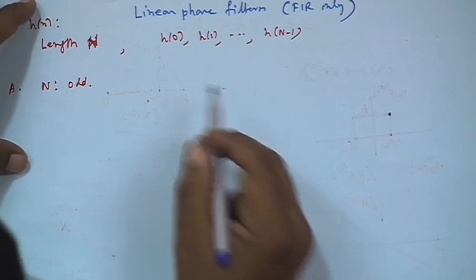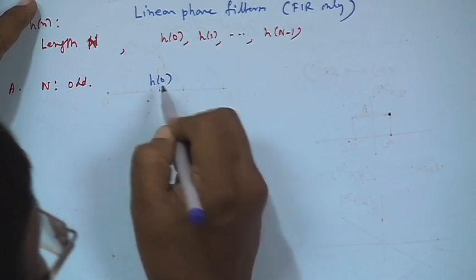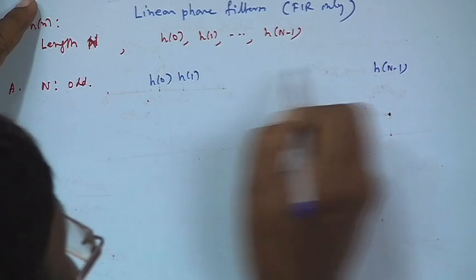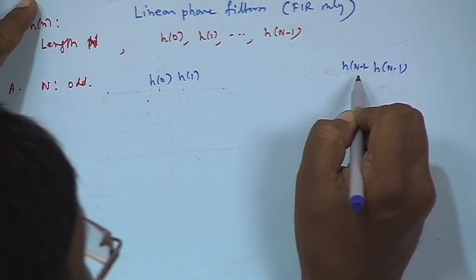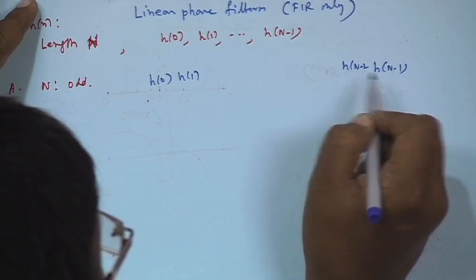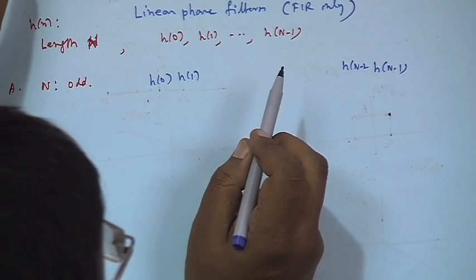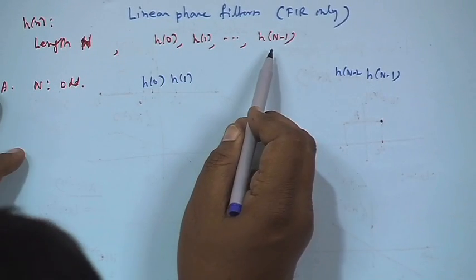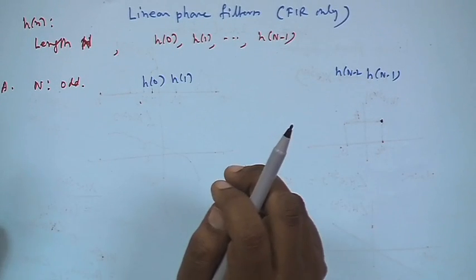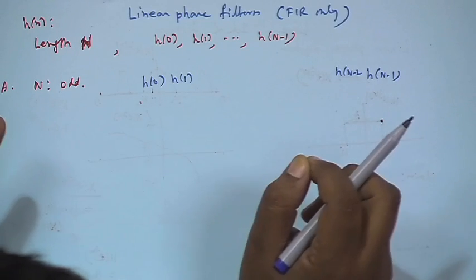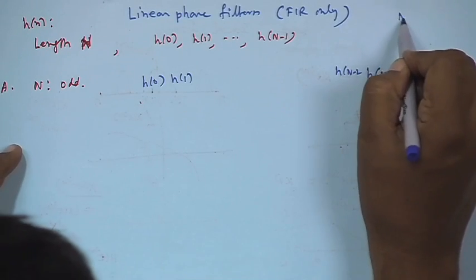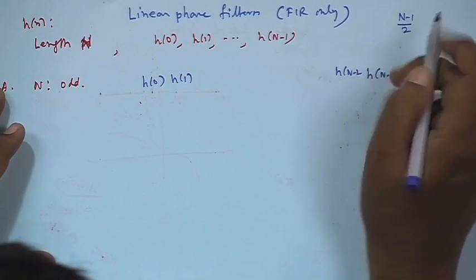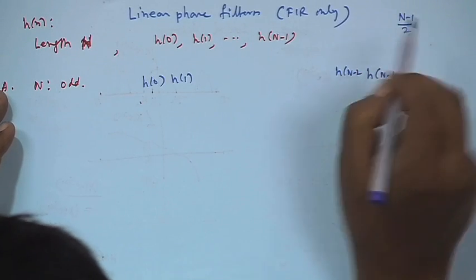Then what happens is this, we have got h 0 and h n minus 1, h 1, h n minus 2, or maybe, okay. Let me see how to explain this. Total we have got n coefficients, right, n is odd. So, suppose I take 1 out, then n minus 1 is even, and n minus 1 by 2 means it is an integer. So, what happens, there is a central guy